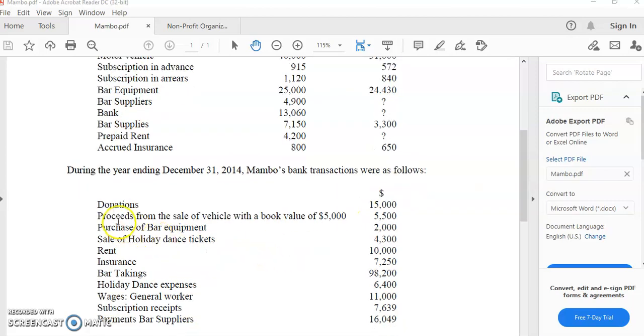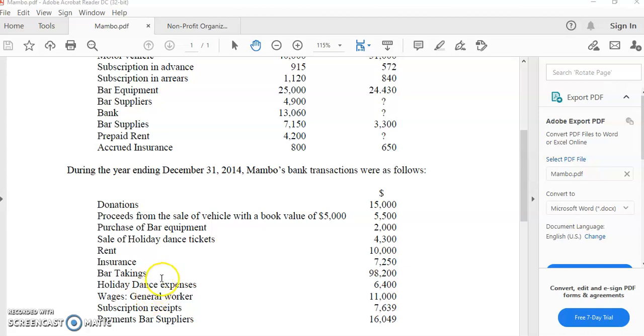Had donations of $15,000, proceeds from the sale of a vehicle with a book value of $5,000, $5,500. So this is how much they received, $5,500, but the vehicle's book value was $5,000. Purchase of bar equipment, $2,000. Sale of holiday dance tickets, $4,300. Rent, $10,000. Insurance,